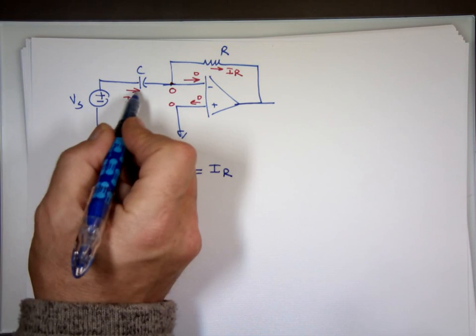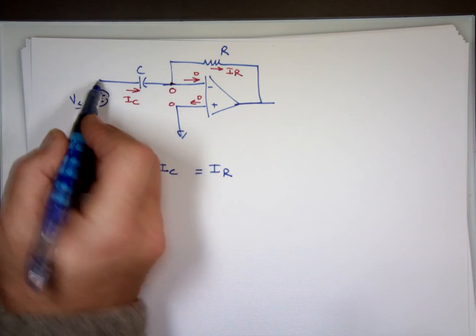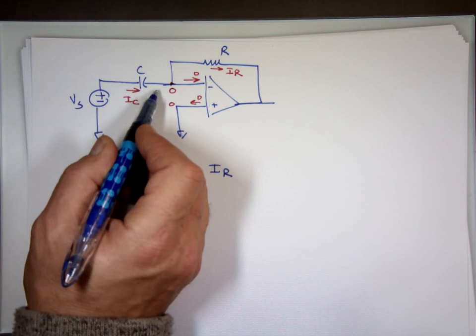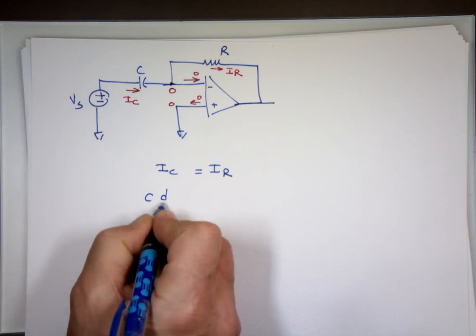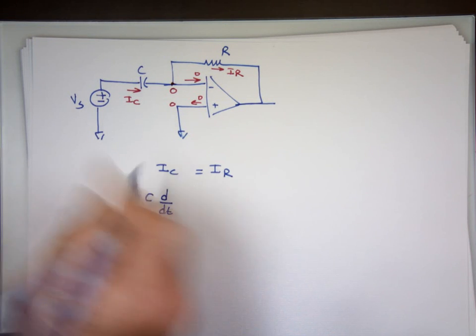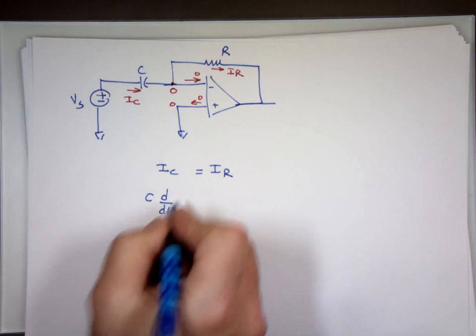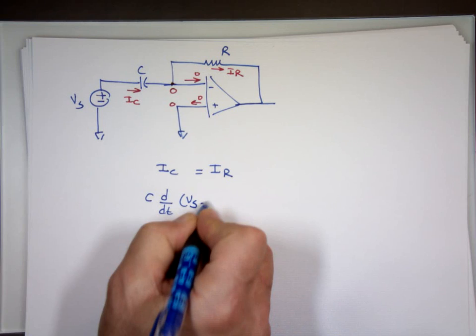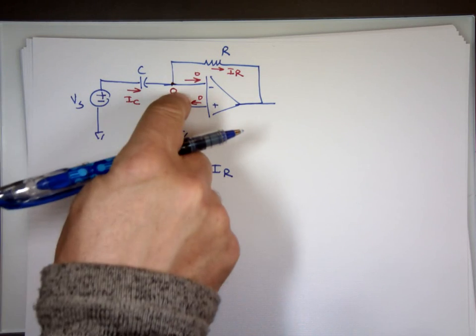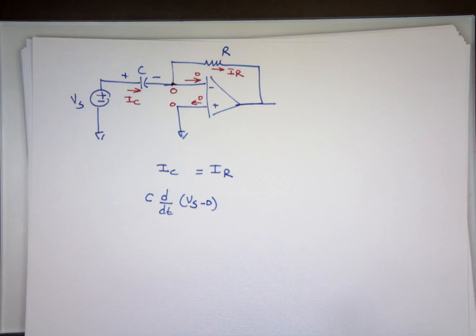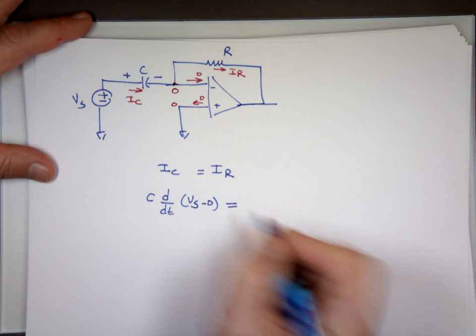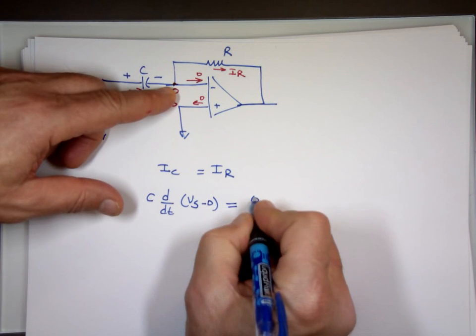What is going? I can't use this voltage minus that over the resistor. I equals what? C dVc dt. And since I'm defining the current going this direction, it's Vs minus 0. It's this voltage minus that voltage, because I want it to be plus to minus going to the right. So it's Vs minus 0 equals 0 minus, this is V out here,